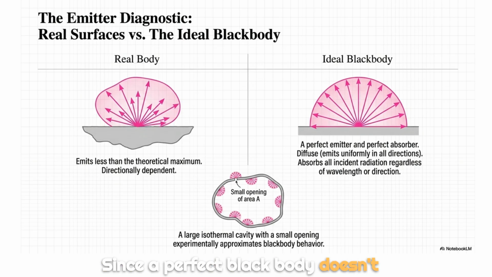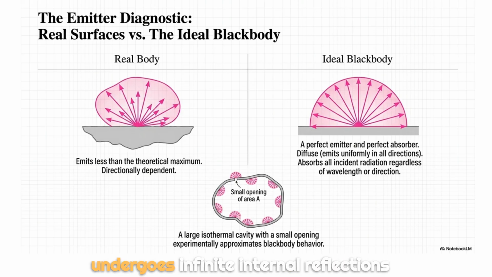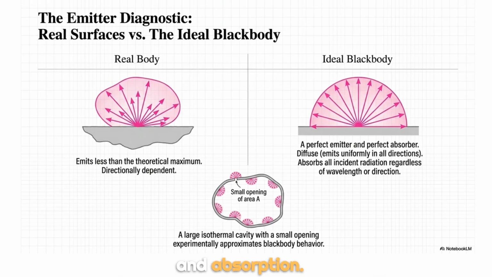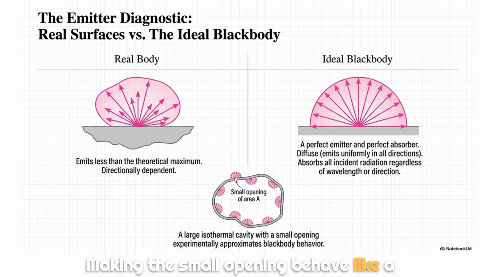Since a perfect blackbody doesn't exist naturally, how do we study it? Look at the bottom diagram. We can experimentally approximate blackbody behavior using a large, heated isothermal cavity featuring a tiny opening. Any ray entering that small opening undergoes infinite internal reflections and absorption, making the small opening behave like a perfect